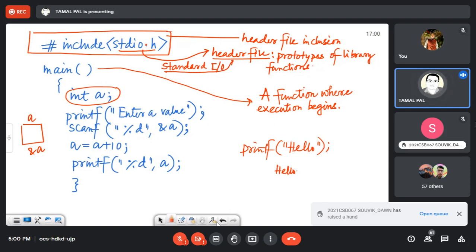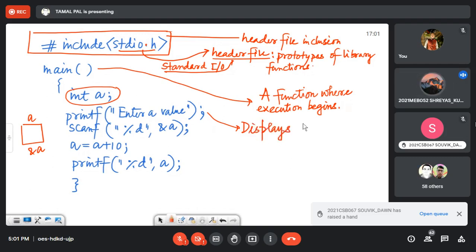So if I like to get this statement printed, enter a value, then we write printf. That means display the statement. It is better to say display, because printing has a different meaning. If some of you are using a printer, you might think it will print on paper. This is not so. It displays.